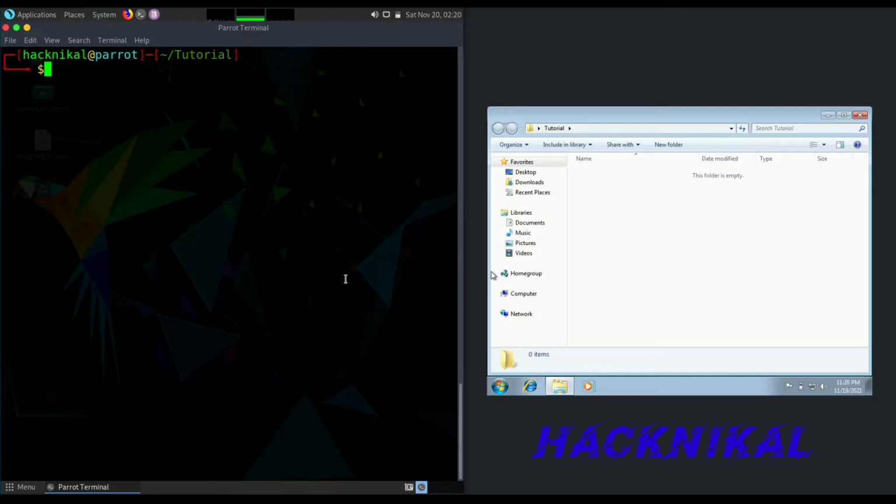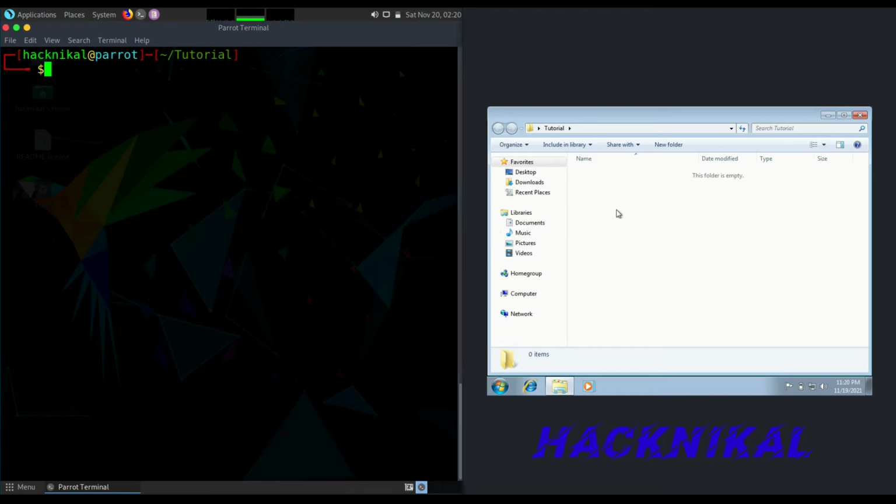technical channel. In this video, we are going to look at some of the basic commands. This video will be for complete Linux beginners, so only a few commands will be taught in this video. I will be demonstrating the operation on a Windows machine on the right side, and the same operation will be done on the Linux machine on the left side with the command. So let's get into the video.